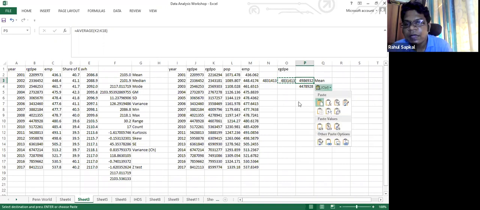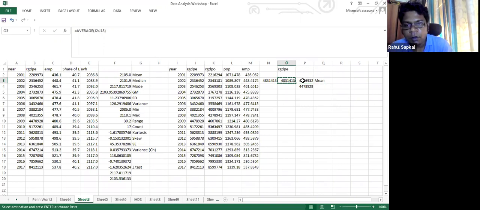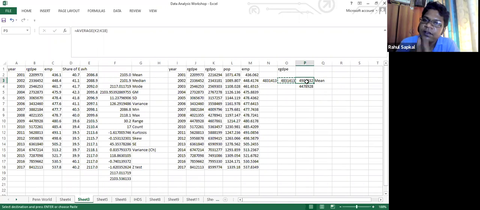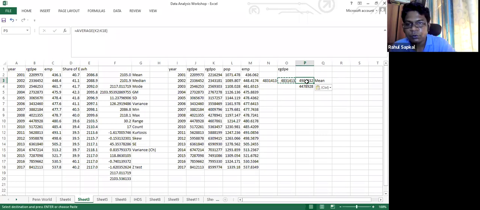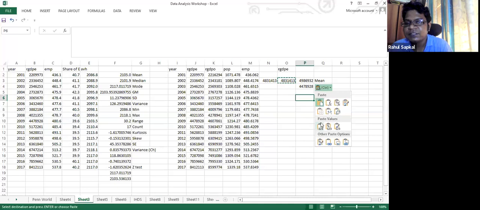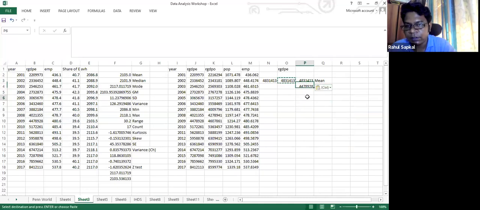See now, have you noticed if I'm actually copying here and putting here, it will take another one. So you have to be very careful when you are switching the table, because in the Excel sheet, if you simply copy, it will immediately pick up the next row unless you fix this one. So I'm just going to paste over here. Then I'll paste only the numbers so that it will show the older one only. So now my mean is there.